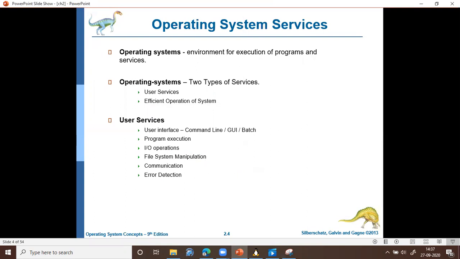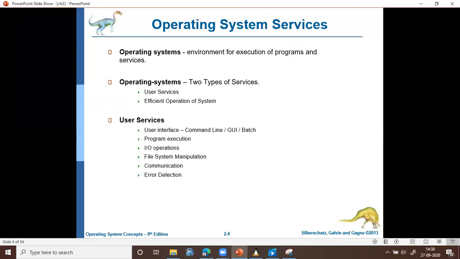The next type of service provided by the operating system is error detection. If any computer hardware fails or is malfunctioning, that should be immediately detected by the operating system and appropriate action should be taken. Errors may occur either in the processor, in memory, or in any IO devices.